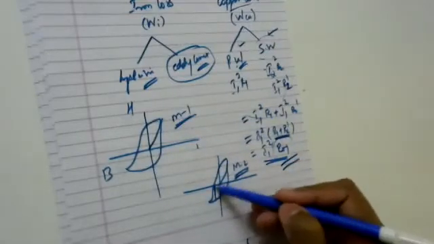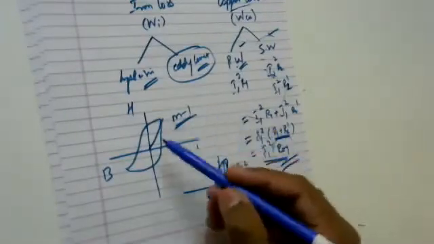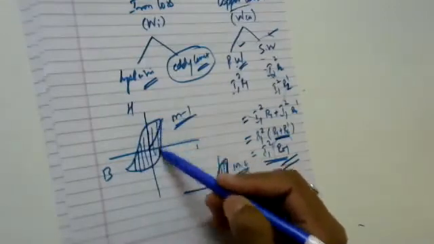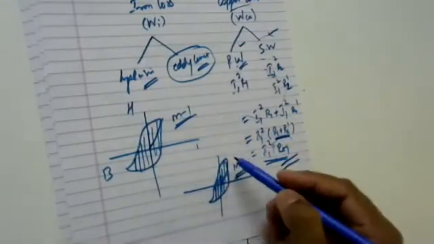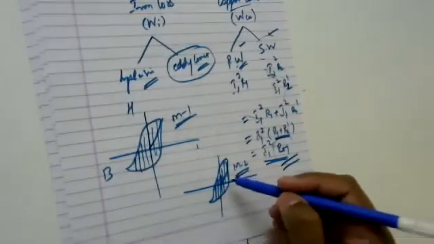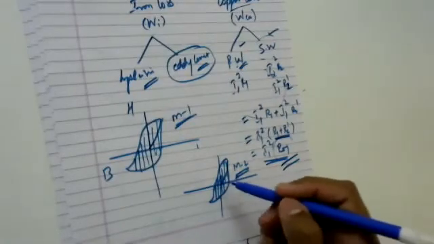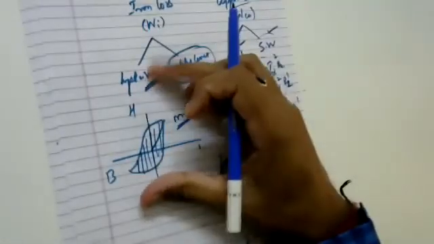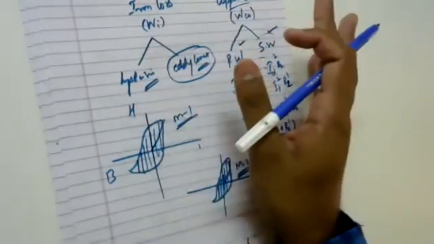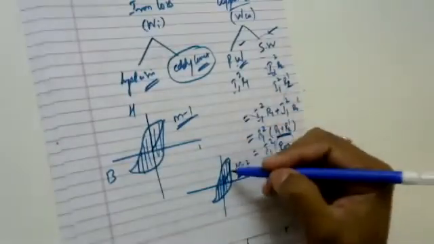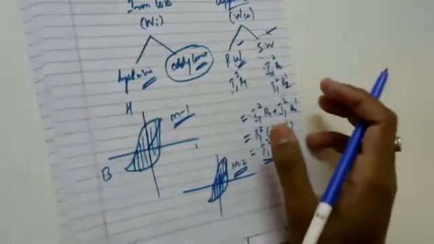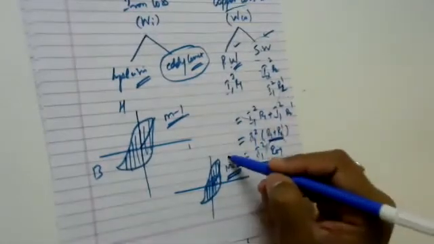I can simply say the difference between M1 and M2 is the area under the curve. Here you can see the area under the curve is less over here, and the area under the curve is more over here. Then you may ask, sir, why are you interested in this area under the curve? This area under the curve decides the amount of hysteresis loss that is going to occur. If the area under the curve is more, then hysteresis loss is more. If the area under the curve is less, hysteresis loss is less. Then which kind of element are you going to choose? You will be choosing a magnetic material with less area.